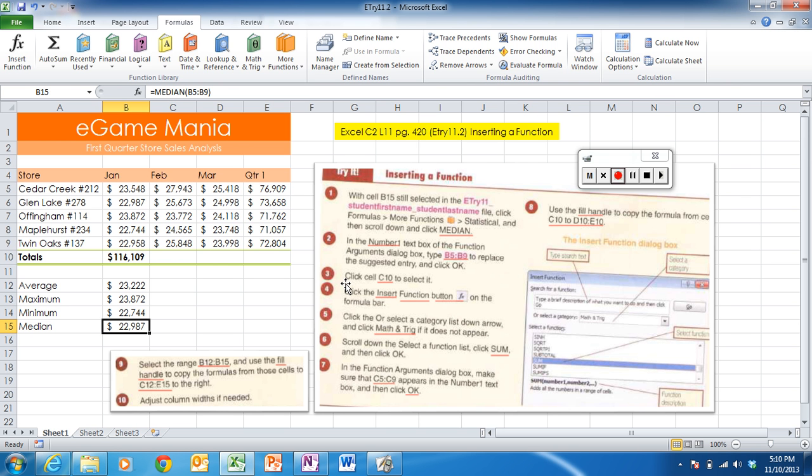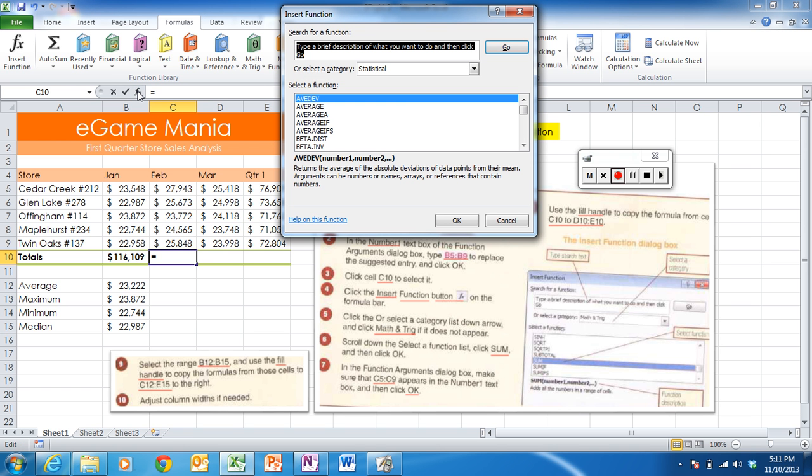Step 3, we're going to click in cell C10. Okay, here's cell C10. Step number 4, we're going to click the Insert Function button on the formula bar. Notice that this is actually a button. It doesn't look like it if your cursor is here, but when you hover over it, that's called the Insert Function button. Click that on the formula bar,